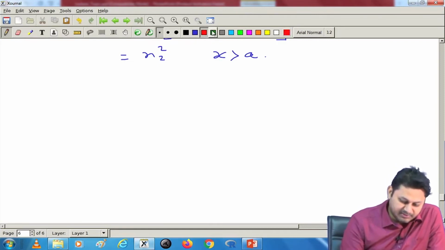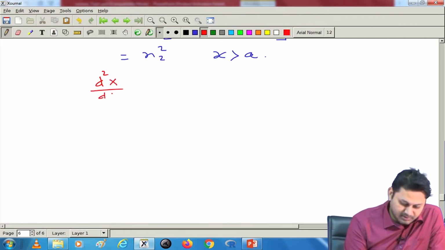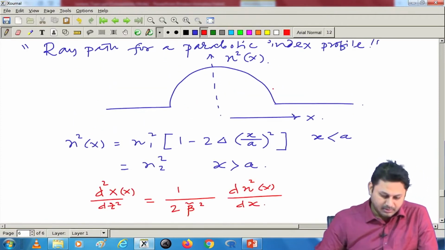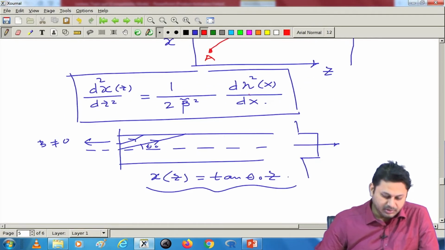My ray equation is d2x/dz square as a function of x is equal to 1 divided by 2 beta tilde square times d of n square x/dx, which is this one,